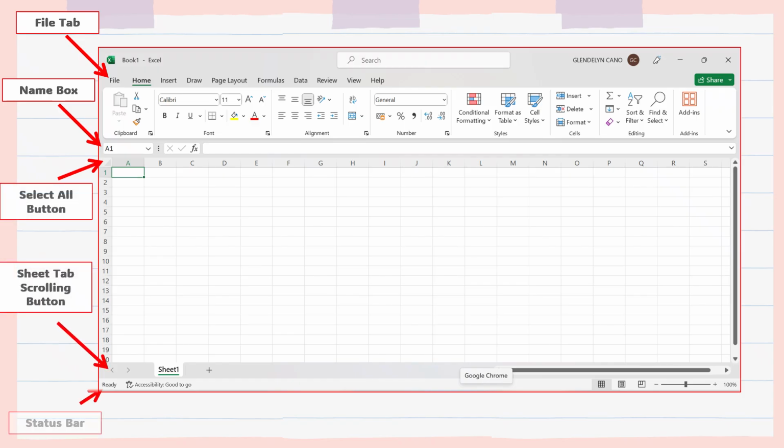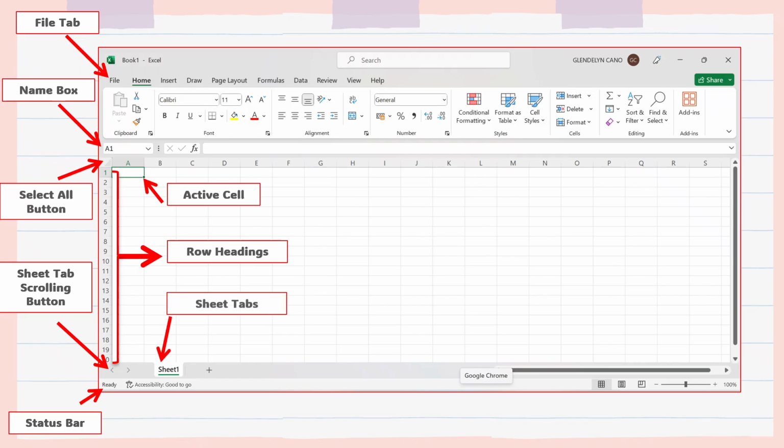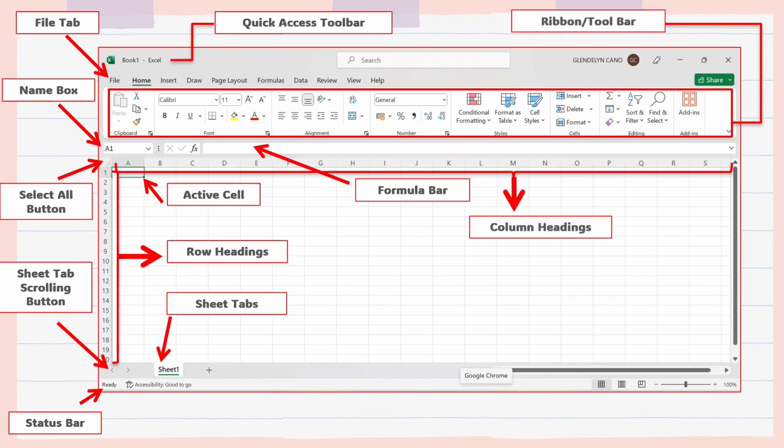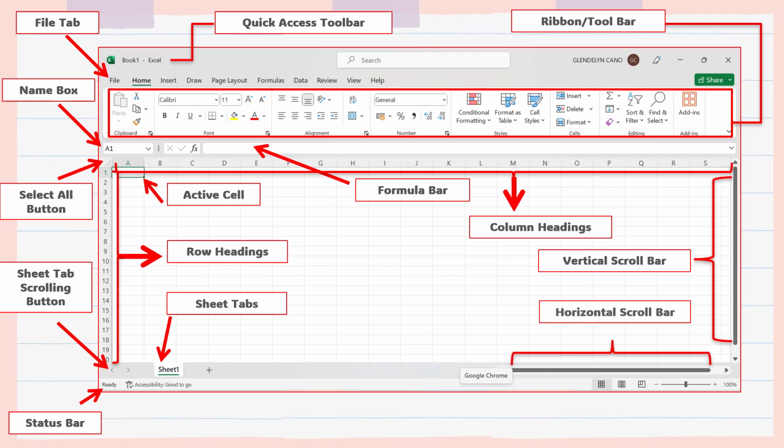We have the Sheet tab scrolling button. We have the Status bar, Active Cell, Row headings, Sheet tabs. We have the Quick Access toolbar. We have the Formula bar, the column headings. We have the ribbon or the toolbar, the vertical scroll bar, the horizontal scroll bar, and the last one is the zoom control.